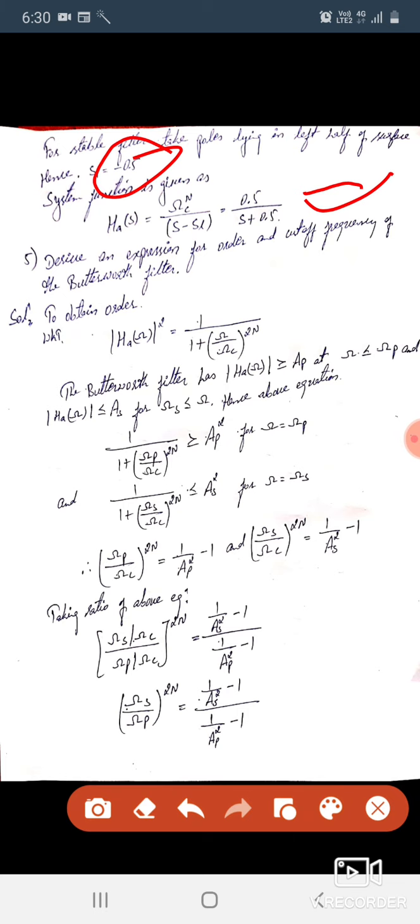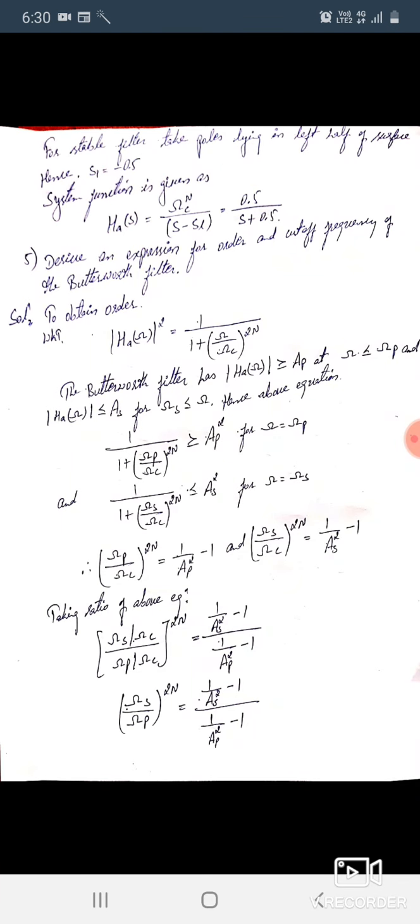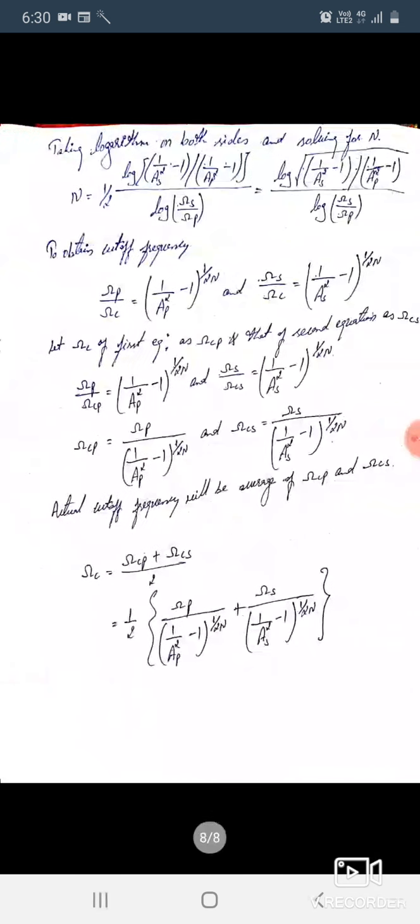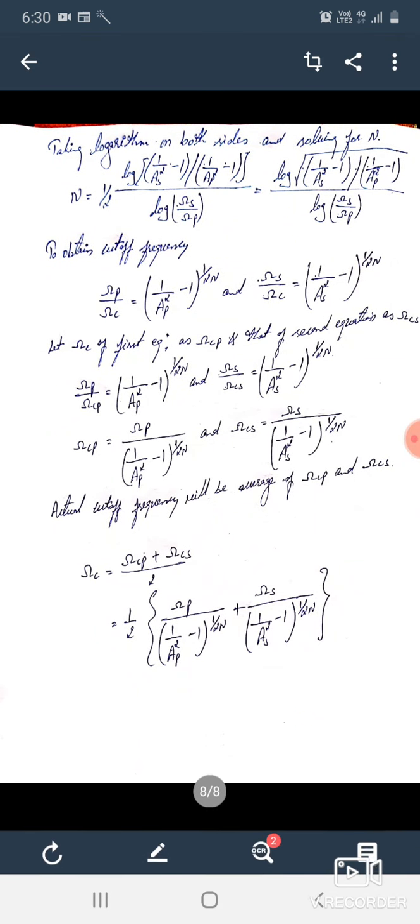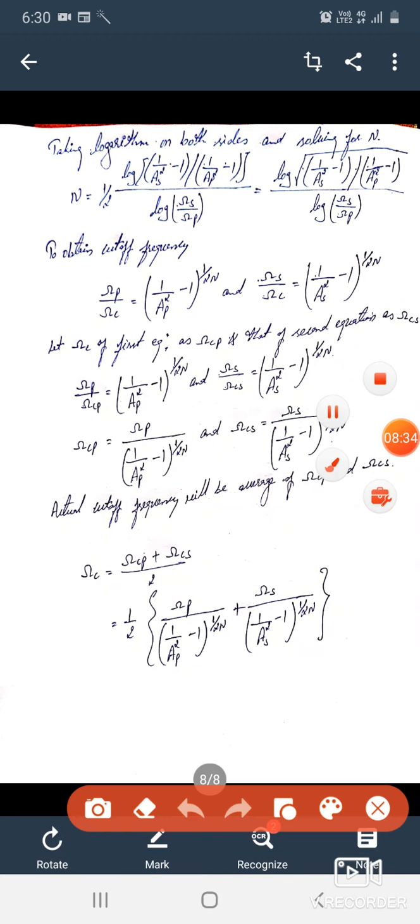Problems like these will be asked for 5 marks or else 4 marks. The first problem is going to be given for 10 marks or else 8 marks. And the fifth problem is just a derivation. Just go through it here. We have to find the order and cutoff frequencies. How you got this, just go through this. Nowhere is it asked in the exam, but still once you go through this you will get a small derivation and you can understand it.